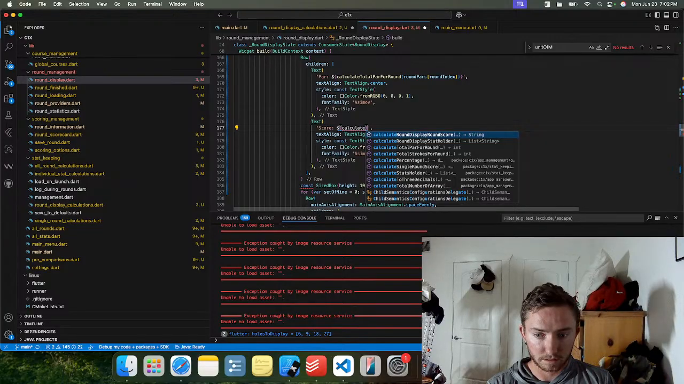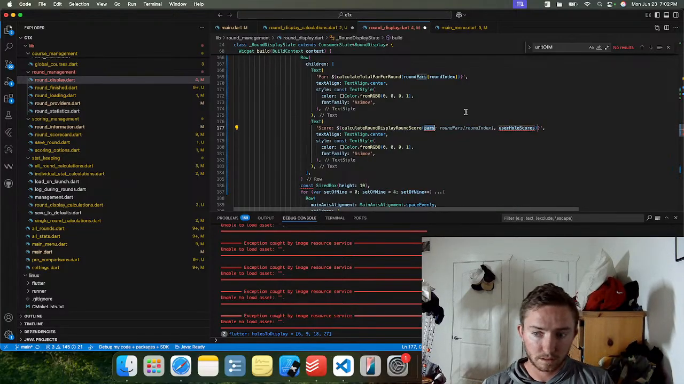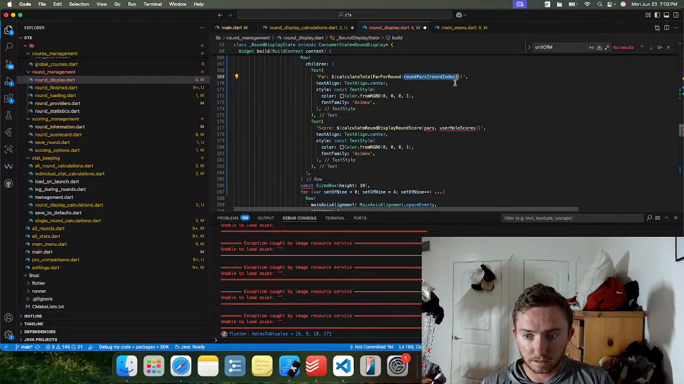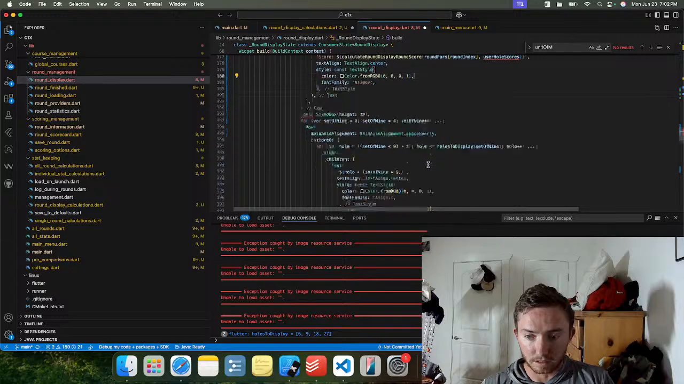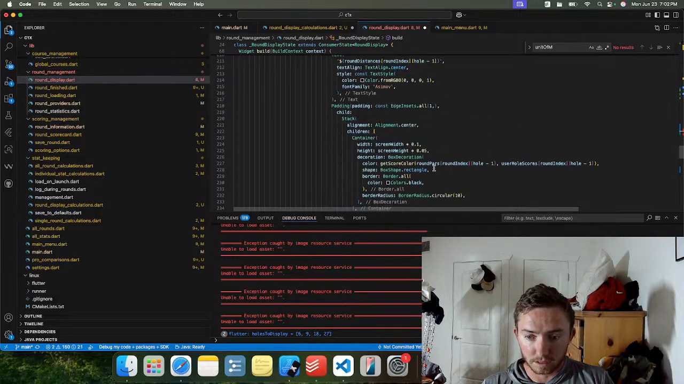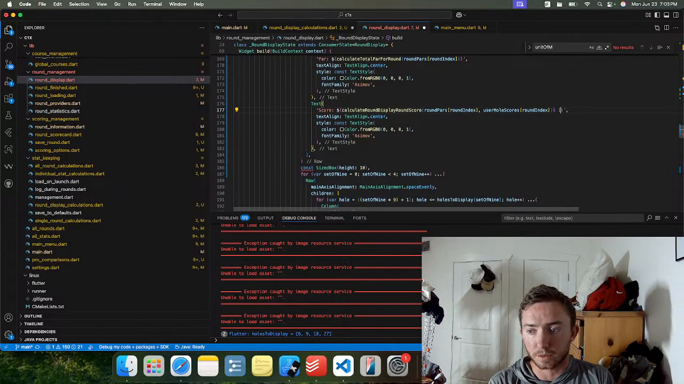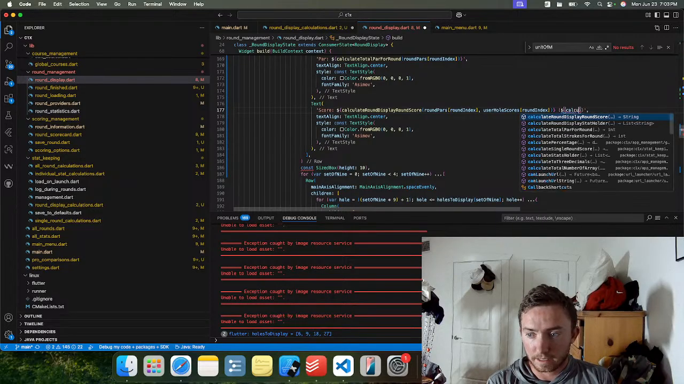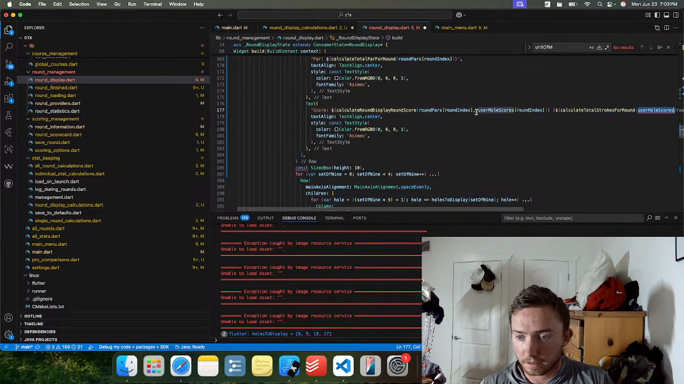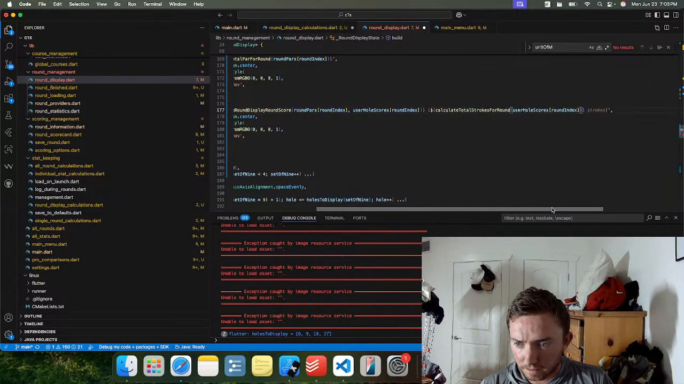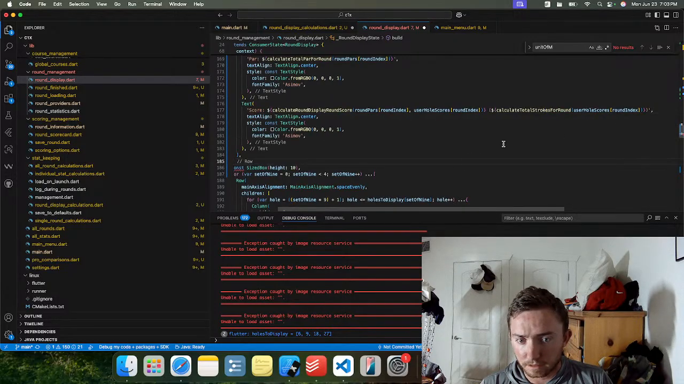Calculate round display round score. This is going to be this. And then user whole scores is this. But not just that. We're going to say score, and then in parentheses, I want the strokes total. Calculate total strokes for round. And then that can be this. Throw that in parentheses. All right, so now